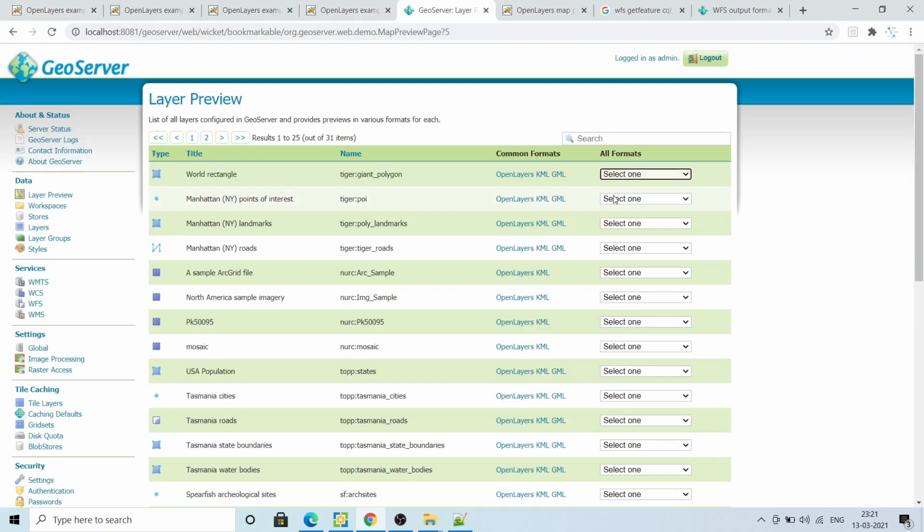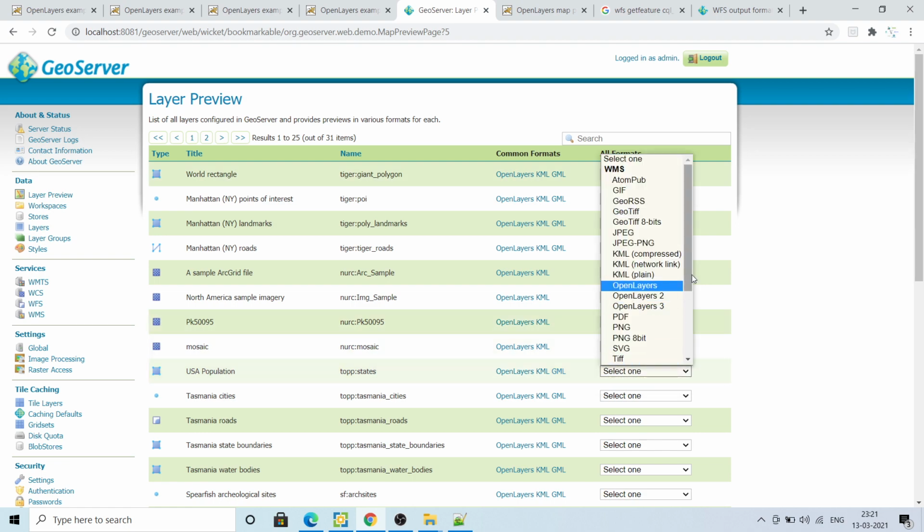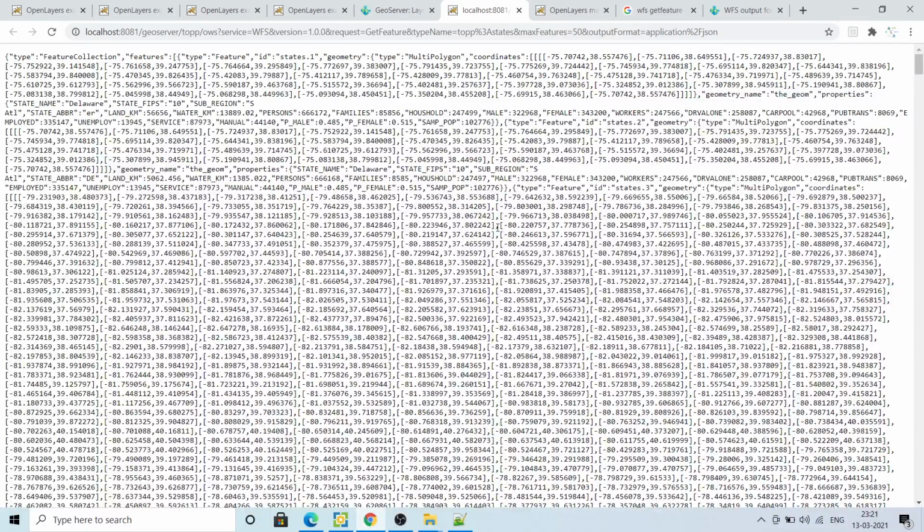In GeoServer, if I select, for example, this one and choose GeoJSON, you can see this is the GeoJSON format. The actual data is coming from the server. I will call this data from GeoServer and render it on the client side. So I am using the WFS service of GeoServer. Using this link, you can copy and paste it into OpenLayers. OpenLayers has a vector layer function, and if you paste this URL inside that, it will fetch this data there.